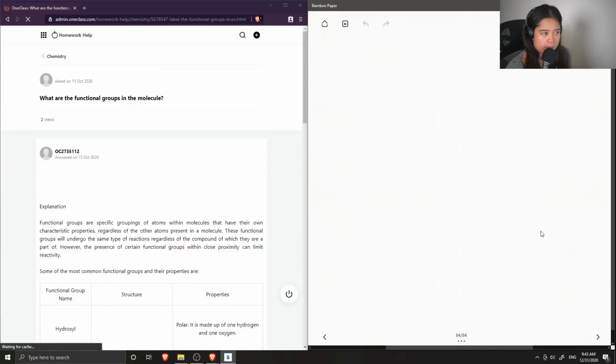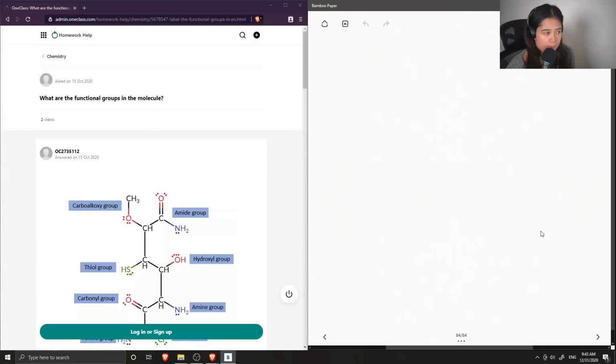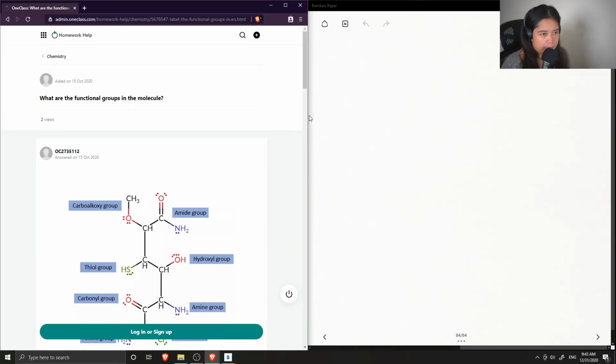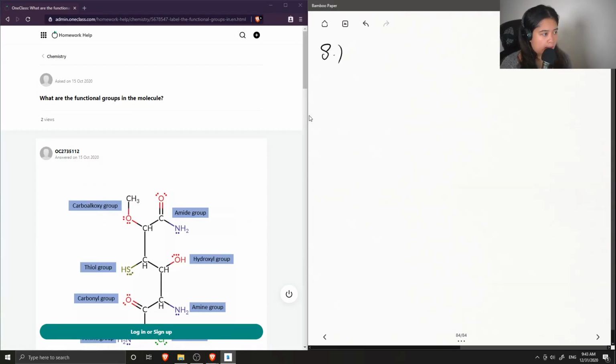Okay, so on to question 8. Question 8 just asks, what are the different functional groups in the molecule? So it doesn't look like they show a molecule,